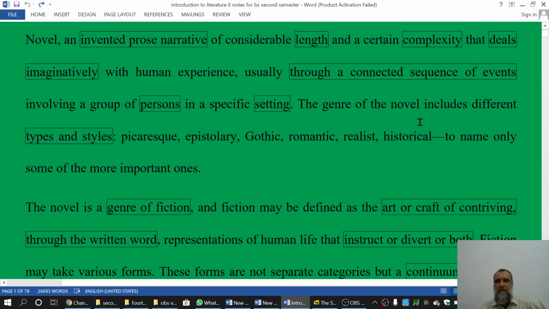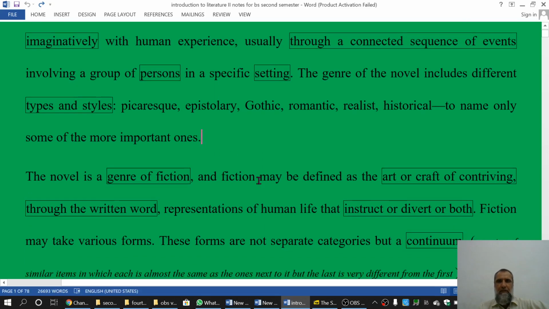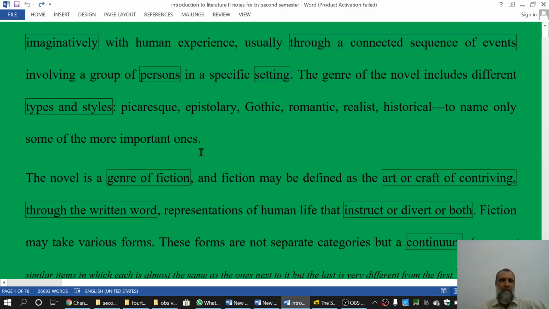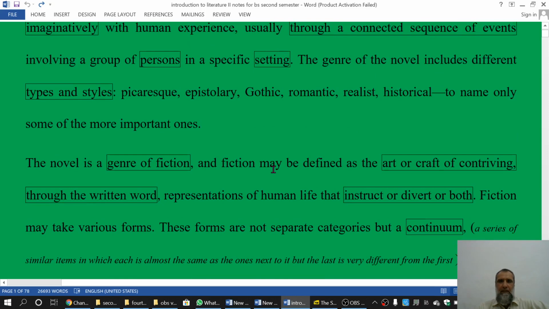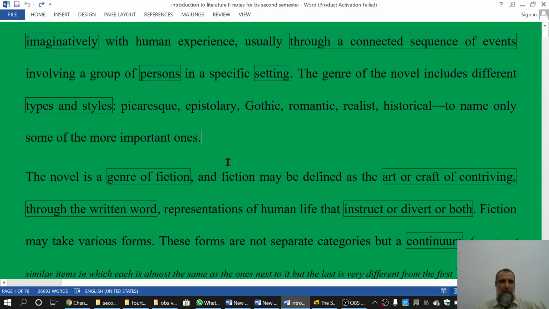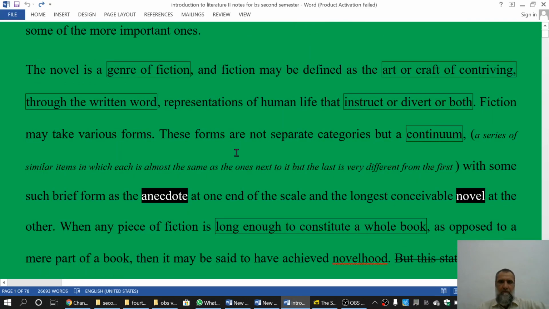جانرا، یہ جو قسم ہے آف ناول، includes different types of and styles، جس میں مختلف ٹائپس اور سٹائل شامل ہیں۔ پیکرسک ناول یہ کسے کہتے ہیں ہم اس کو ڈسکس کریں گے۔ ایپسٹلری، گوتھک، رومانٹک، ریئلسٹ، ہسٹوریکل، ٹو نیم اونلی سم آف دی مور امپورٹنٹ ونس۔ تو اس میں ڈسکشن ہوتی ہے، یہ بہت ساری چیزیں ایک ناول میں ہو سکتی ہیں۔